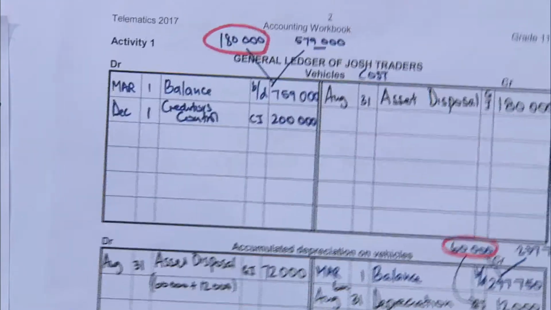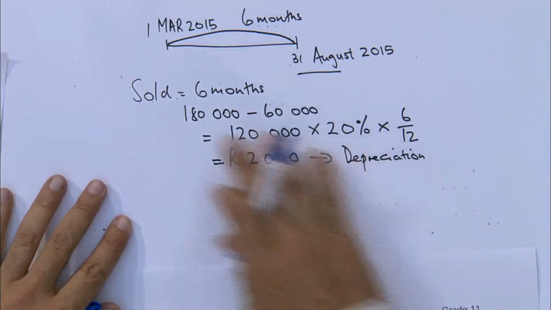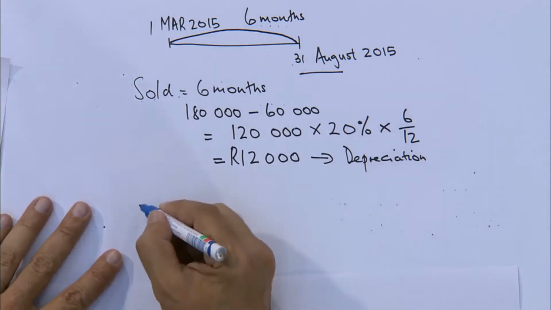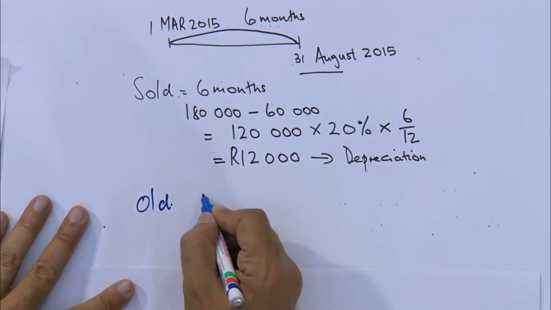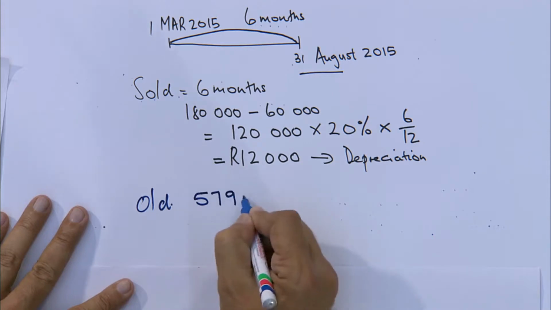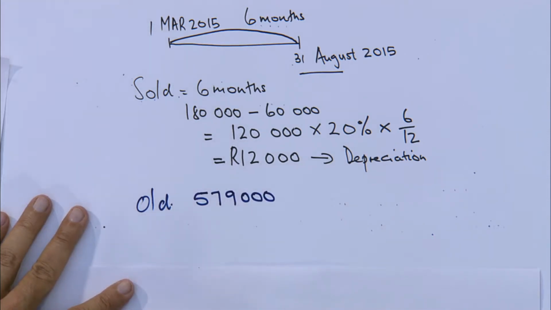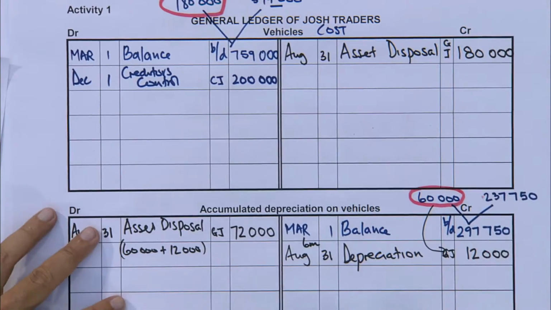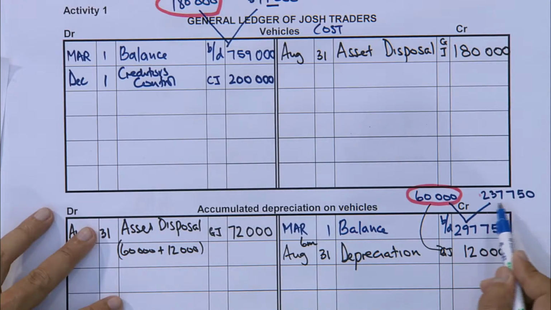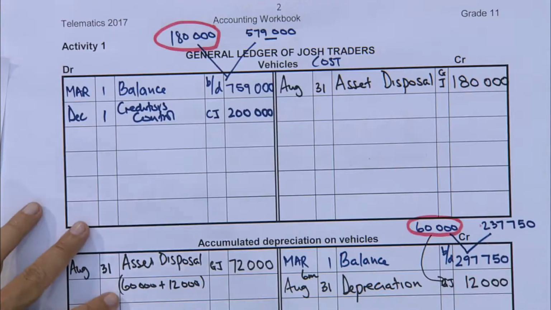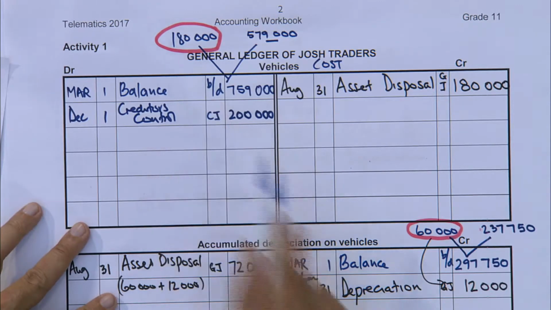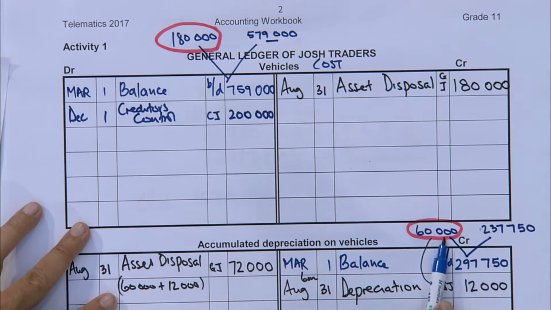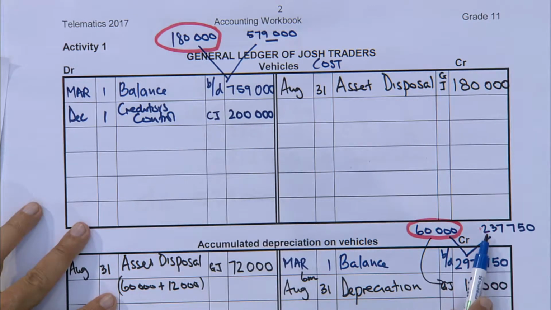If I go to the calculation page quickly, that was my vehicle that I sold. Now you still have an old vehicle. Right? So the cost price of the old vehicle is 579,000. The activity says diminishing balance. So we have to look at how much accumulated belongs to that old vehicle. And here you can see in the split it was 180,000 was the cost price of the vehicle that we're selling. 60,000 of that accumulated belonged to that 180. So what was left was the